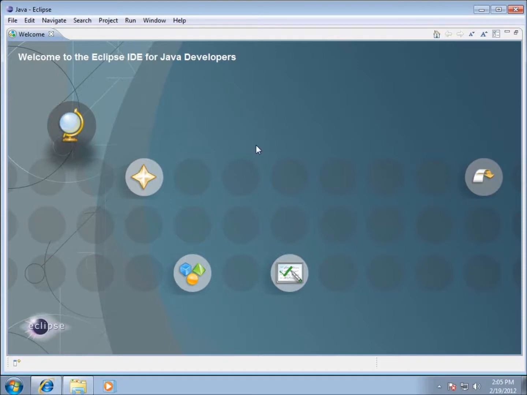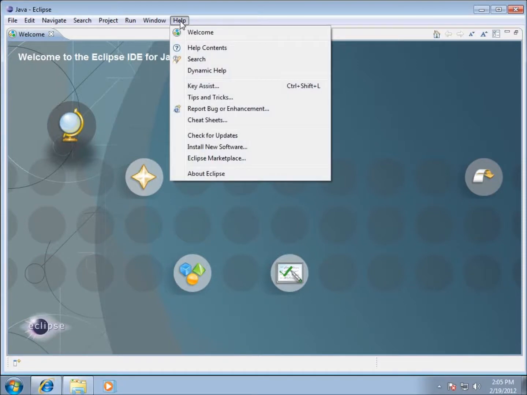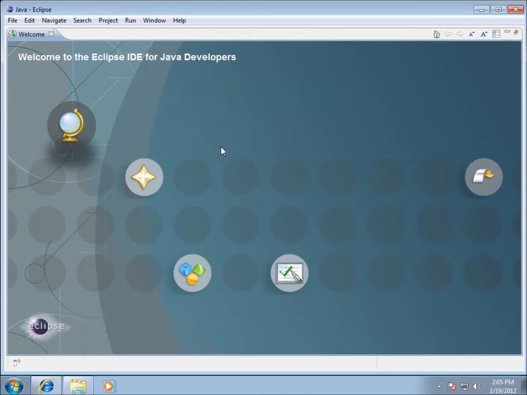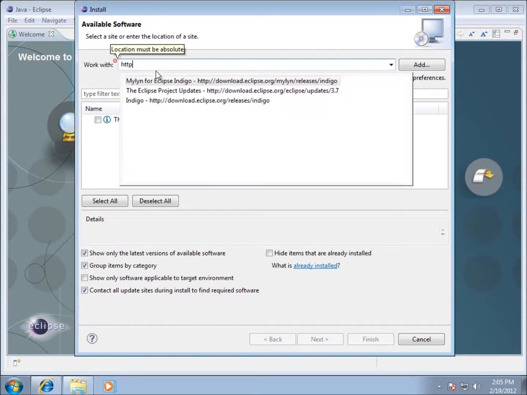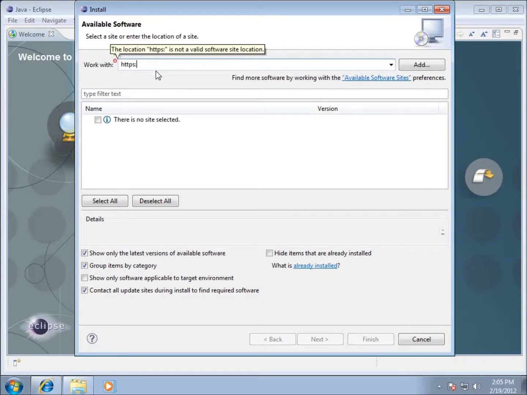And now that Eclipse is up and running, I'm going to go ahead and go to the Help menu up here, and I'm going to choose Install New Software. And what we're going to do here where it says Work With is we're going to add a website. And so the website I'm going to add to this one is https:/, and then it's going to be the 2 forward slashes, and then it's going to be